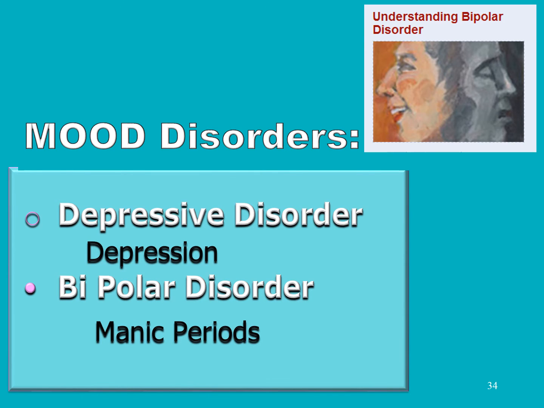The next major category of mental illness that I'll discuss is called mood disorders. Mood disorders involve two abnormalities of mood, depression and mania. Mood disorders that involve the occurrence of episodes of mania symptoms usually also have episodes of depression, and they're referred to as bipolar disorders. Conversely, depressive disorders involve the occurrence of episodes of depression, but no episodes of mania.